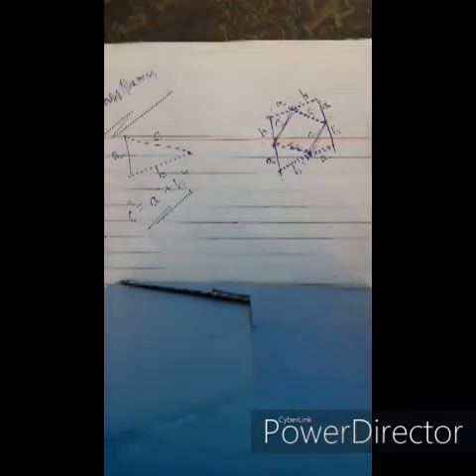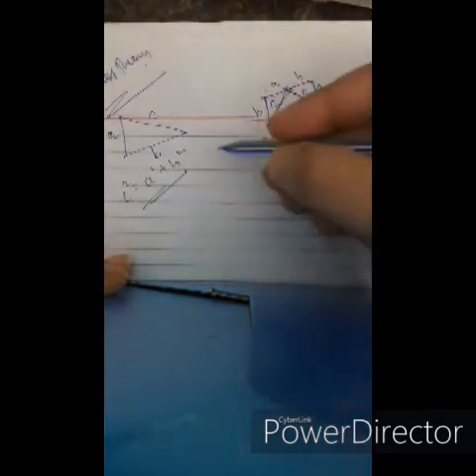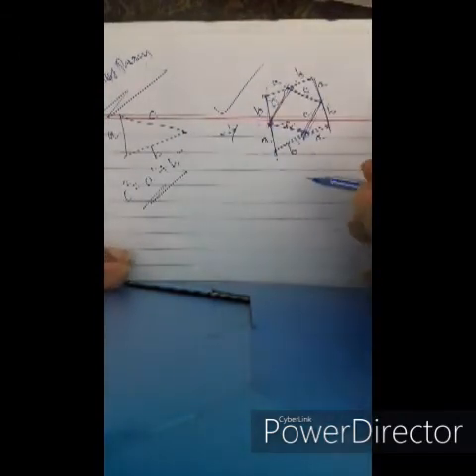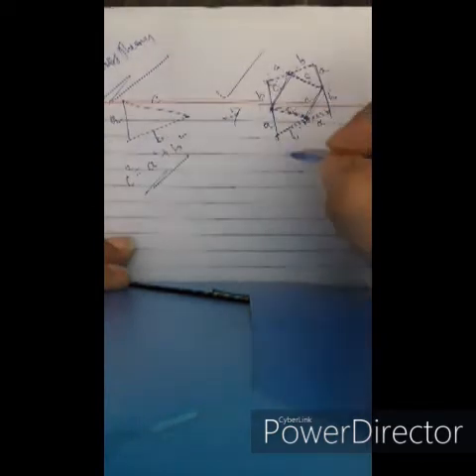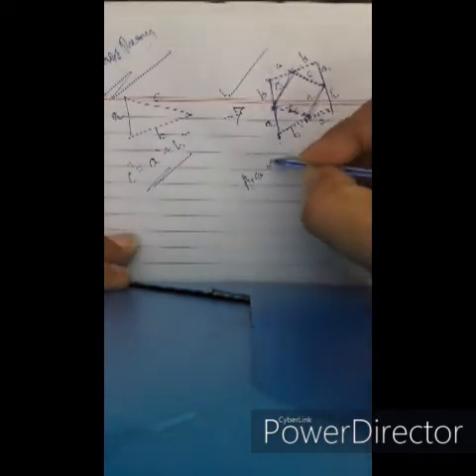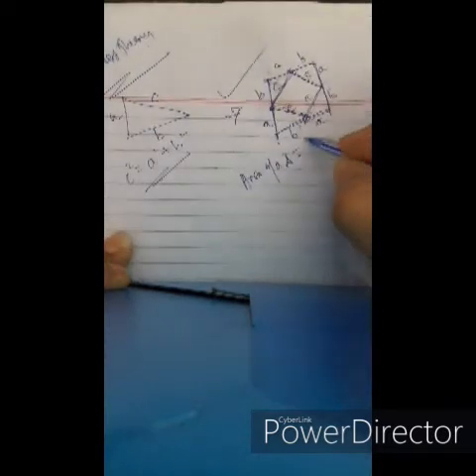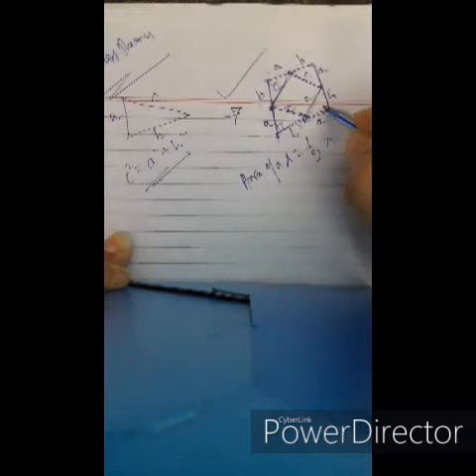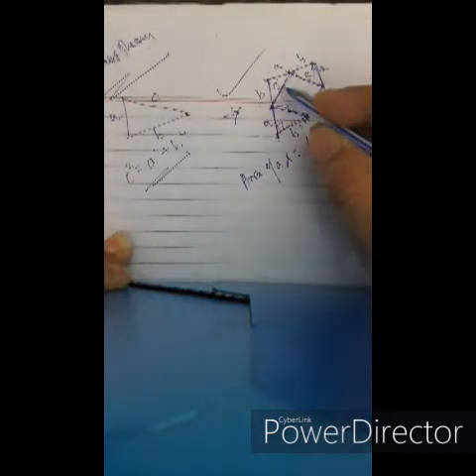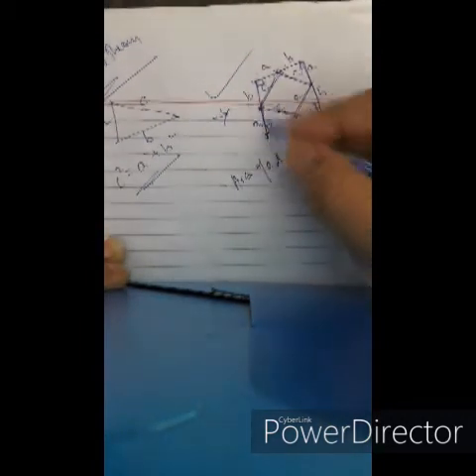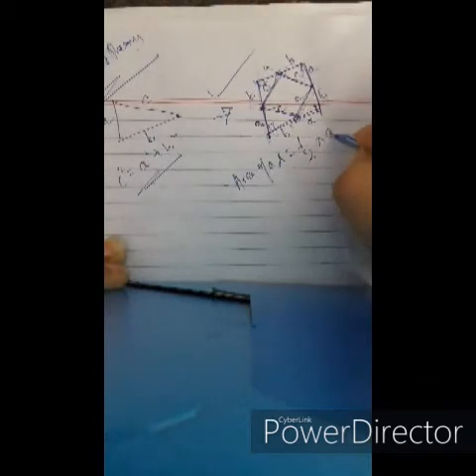So what do we get here? Taking this figure, what is the area of a triangle? Area of a triangle equals half into base into height. These are right angle triangles. Since this is a square, these are all right angle triangles. Base into altitude becomes AB, half into AB.